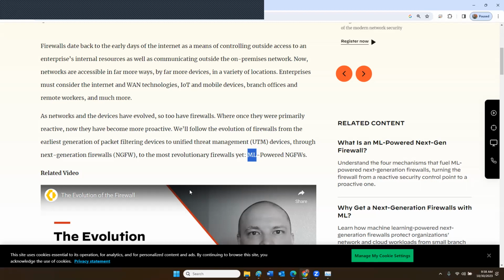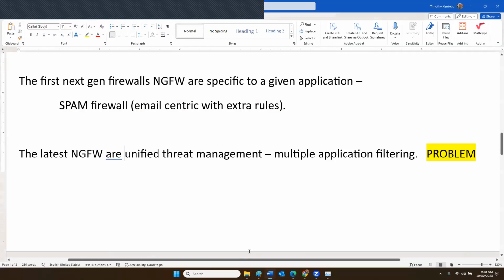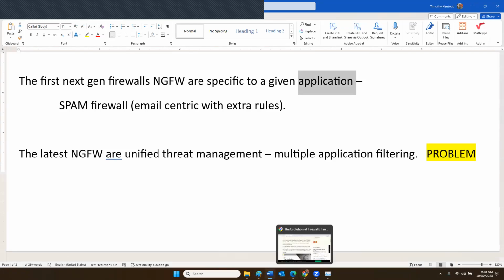Okay. So which next generation firewall do you want to own? Not the latest ones that are UTMs. You want next gen firewalls that are purpose built for a given application. That's what you want. And you want to have more than one of them for redundancy, and you want to put them in different places. And when it comes to the Achilles heel,